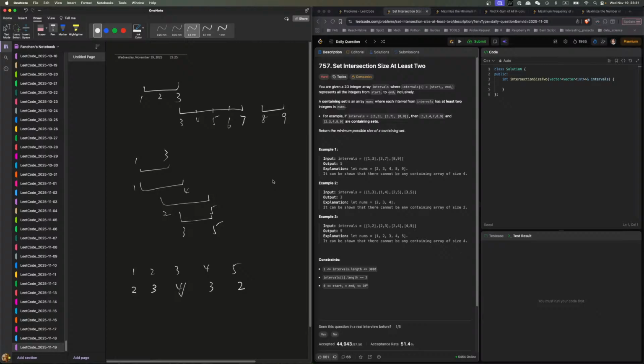And then I'll pick 2, then we have 3 of them that will have